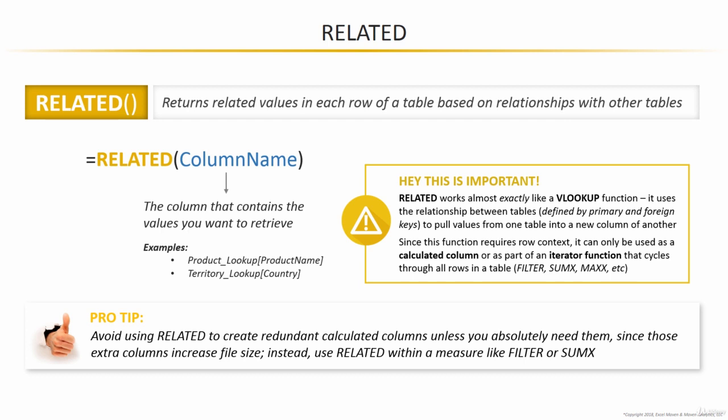as long as you're not bumping against file size or capacity limitations. That said, in many cases, you can actually replace the calculated column version of RELATED by nesting it within a measure like FILTER or SUMX. And I'm going to show you that with SUMX in the iterator lecture, which is a really interesting one. So with that, let's pop back into our AdventureWorks file and try adding a new calculated column using the RELATED